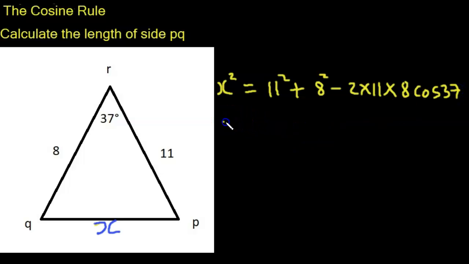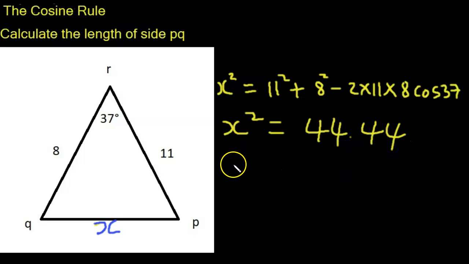So X squared, and I pause here, and by the way, when you reach here, it's just one step. Use your calculator and work it out. Let me just use my calculator and calculate that. So I'm punching 11 squared plus 8 squared minus 2 times 11 times 8 cos 37, and I get 44.44. So X squared is equal to